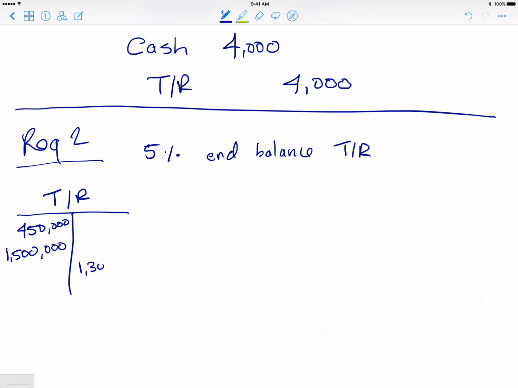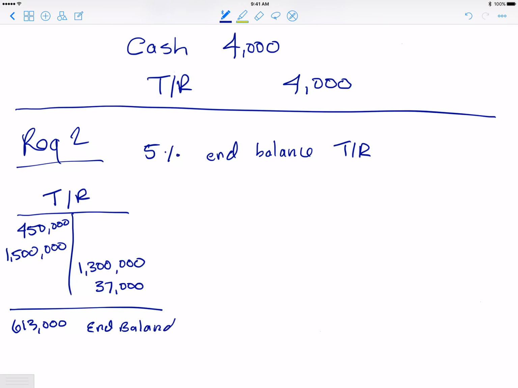Then we collected in cash 1.3 million. And finally, we wrote off certain accounts in the previous problem worth $37,000. So what we can do here is do our total, and this brings us to $613,000, which is our ending balance